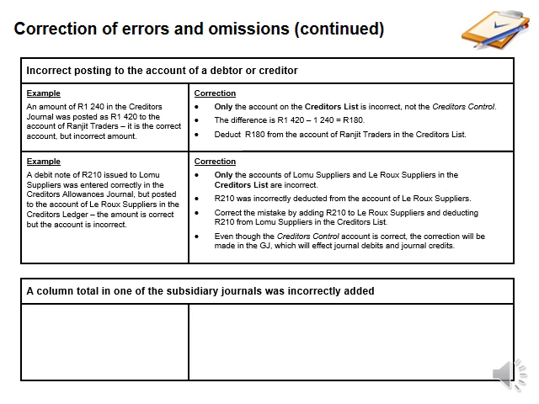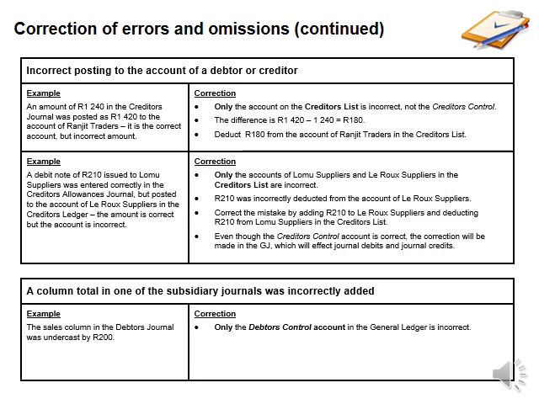Next, a column total in one of the subsidiary journals was incorrectly added. Now, the totals are only posted to the general ledger, not to the debtors ledger or the creditors ledger. So this will only involve the control account. The sales column in the debtors journal was undercast by 200. Undercast means it's too little. That means to correct that, the debtors control account needs to be fixed, and we need to add 200 to the sales amount on the debit side of the debtors control account. The debtors list will be